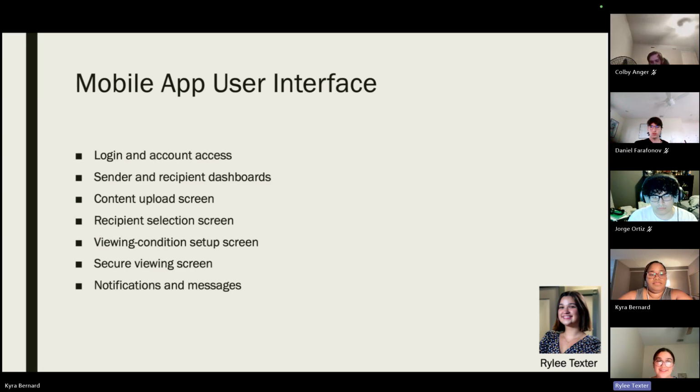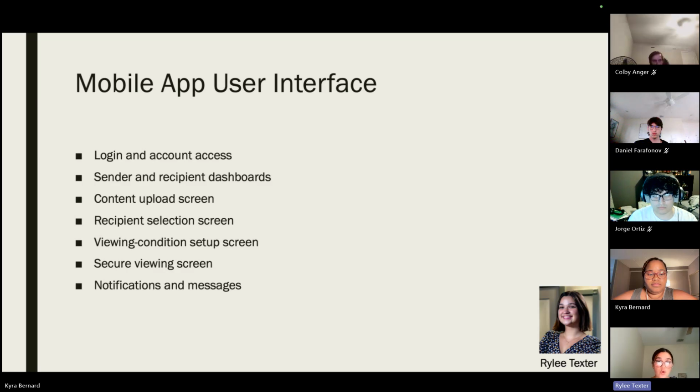So the mobile interface is designed to make complex security settings understandable to a normal user. After logging in, users will see a dashboard separating content that they shared from the content that they've received. Senders will move through guided screens for uploading a file, selecting recipients, and configuring restrictions through familiar controls like switches, menus, or date and time selectors.